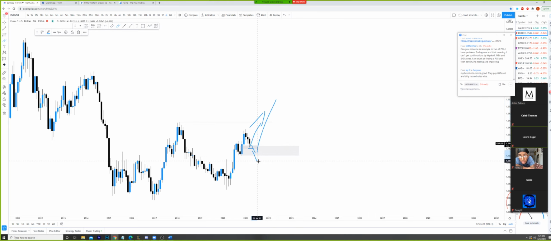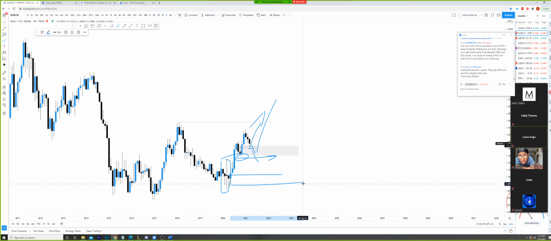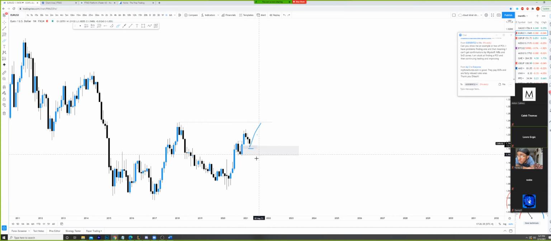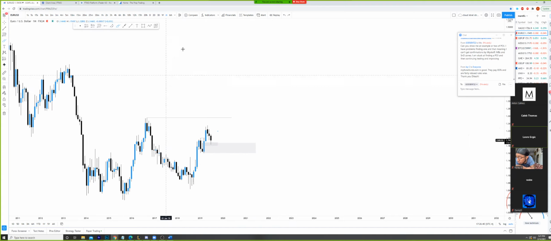Otherwise, we could see a breakdown. I'm not expecting a breakdown below this low. However, that could happen, and we'd be aiming for either the mentfx block right here or the demand zones down here. Okay, so if that is to happen, there's going to be a ton of opportunities for shorts down into those areas. Now, I don't think that's going to happen, but we're at this monthly demand zone right now. So overall, we are still bullish, especially on the weekly.